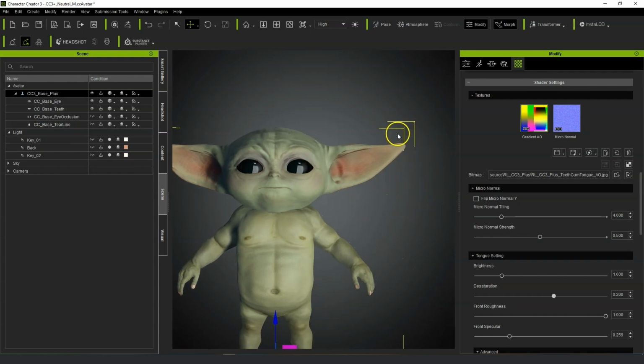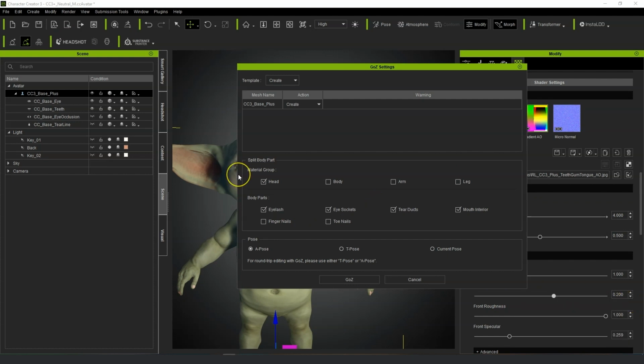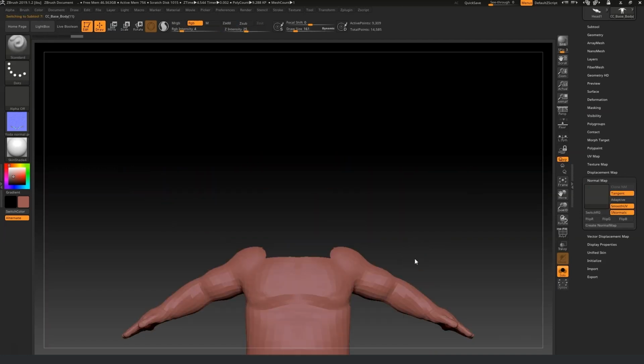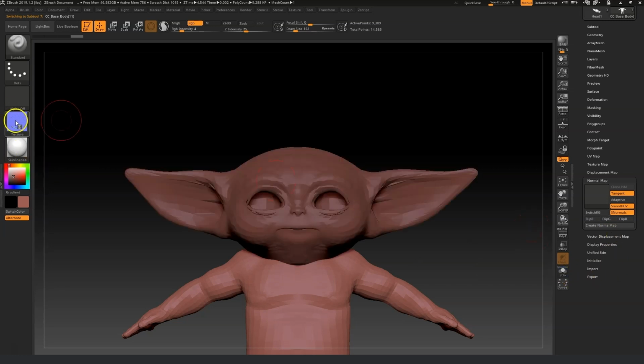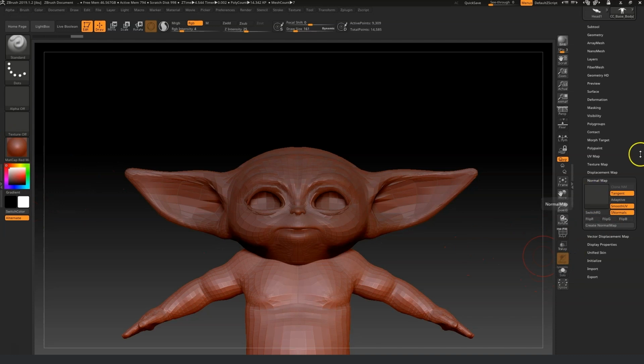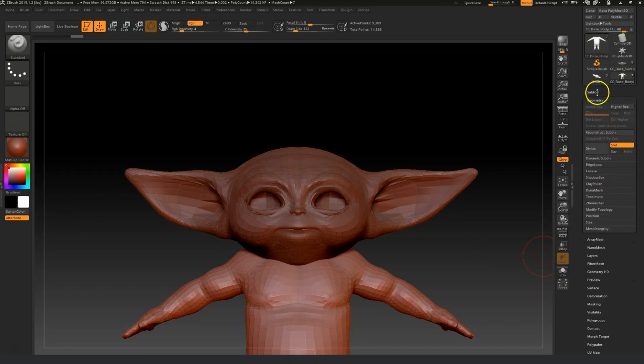Now if we go Z, now what we want to do is put it back to the red mocap, put it back to white. Now let's go to geometry, some tools,